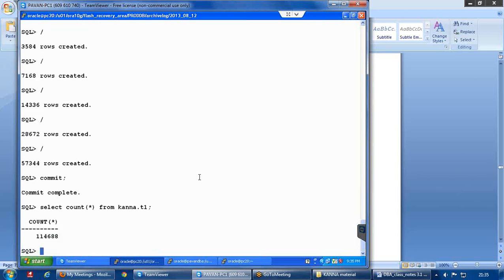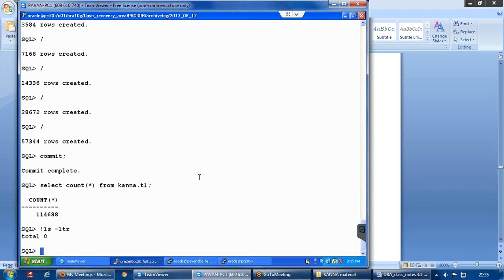So now the total count of rows is 1,14,688. Now if you look at the number of archives that are generated,